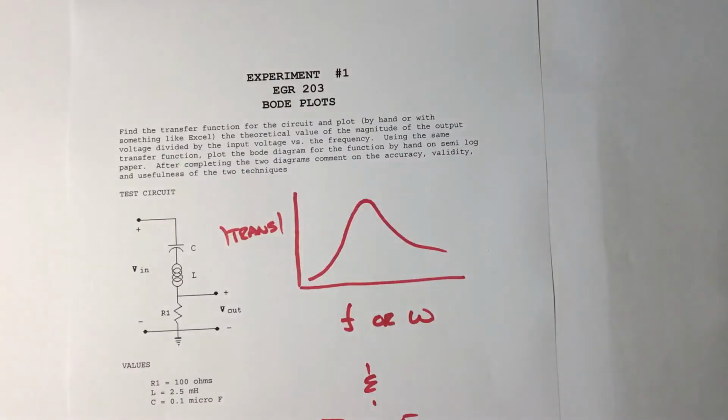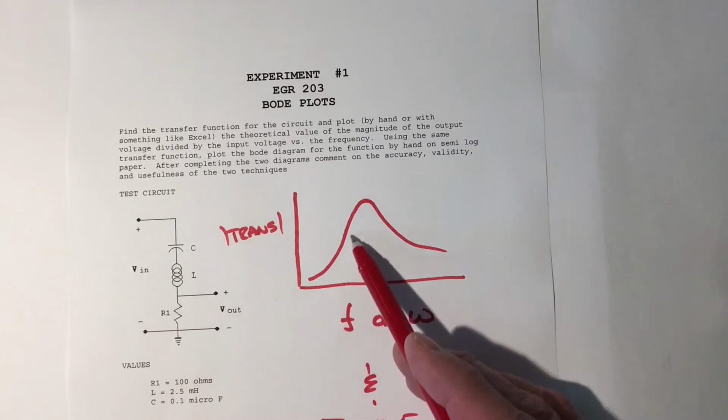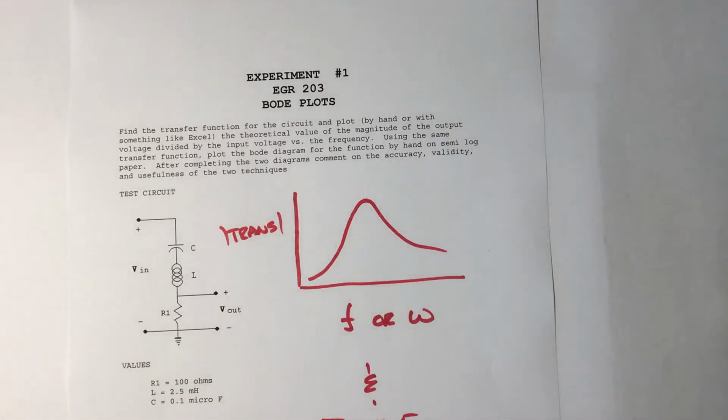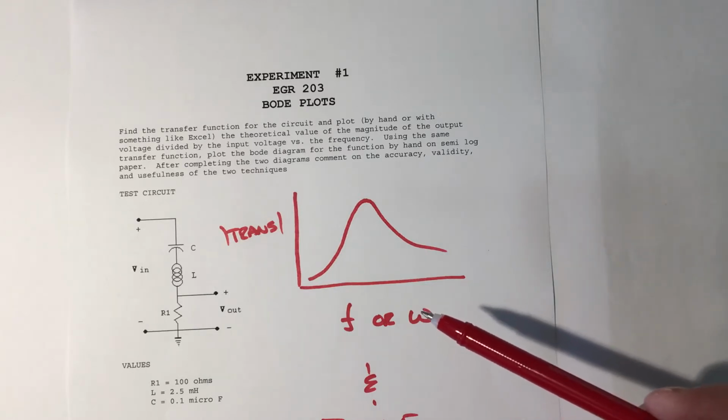Well, what we're going to do here with this circuit is we're going to take the output across the resistor, so we will expect to have a bandpass rather than a notch. So unfortunately we don't get to build this one this year, but you've actually built it before. So think about that. The two things that you're asked to do is to